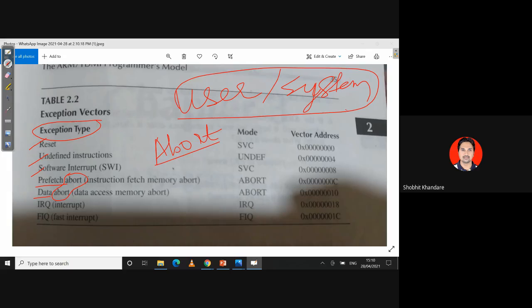एक है प्रीफेच अबॉर्ट, आगे देखो क्या लिखा है, इंस्ट्रक्शन फेच मेमोरी अबॉर्ट। अगर मैं इंस्ट्रक्शन फेच कर रहा हूँ ऐसे मेमोरी में से जो फिजिकली ही प्रेजेंट नहीं है, तो देन इट इज कॉल्ड एज अ प्रीफेच अबॉर्ट। व्हाट इज द नेक्स्ट वन? इट इज अ डेटा अबॉर्ट। डेटा अबॉर्ट मीन्स डेटा एक्सेस मेमोरी अबॉर्ट, यानी मैं ऐसे डेटा को एक्सेस कर रहा हूँ ऐसे मेमोरी में से जो फिजिकली ही प्रेजेंट नहीं है।